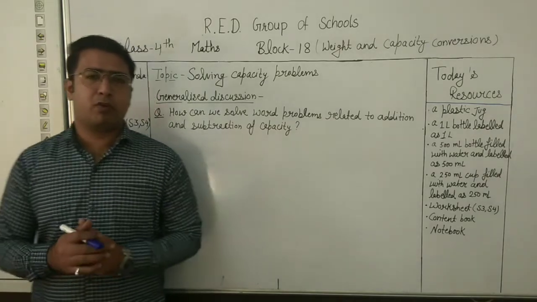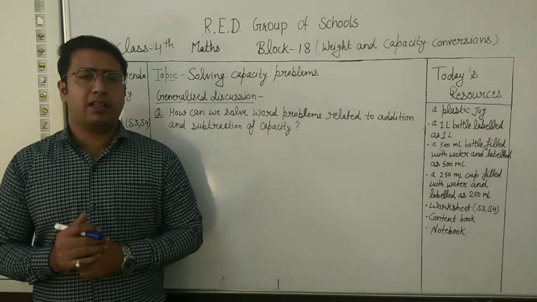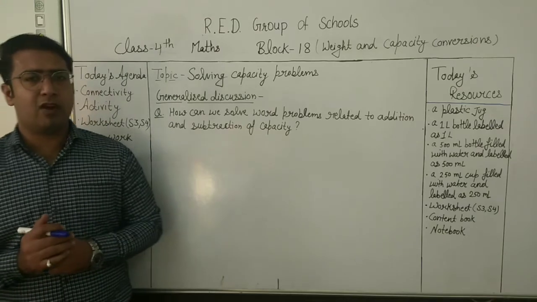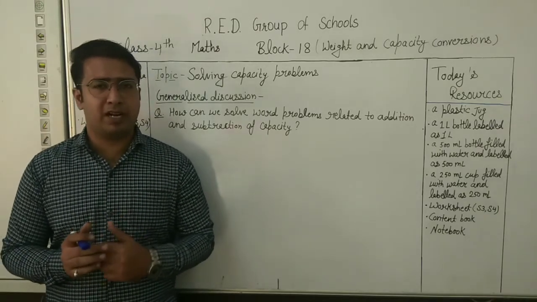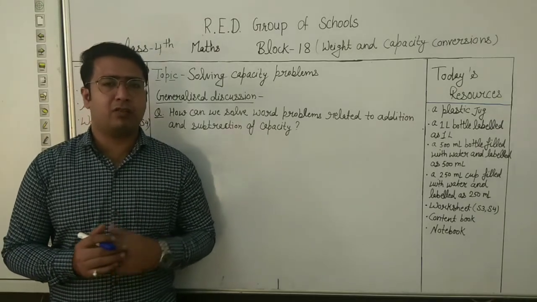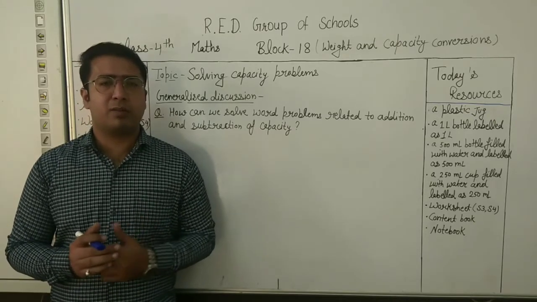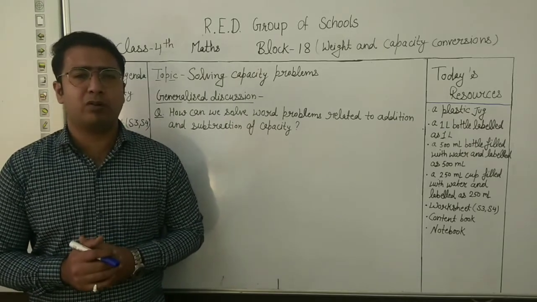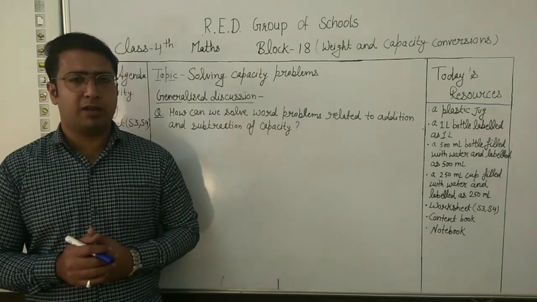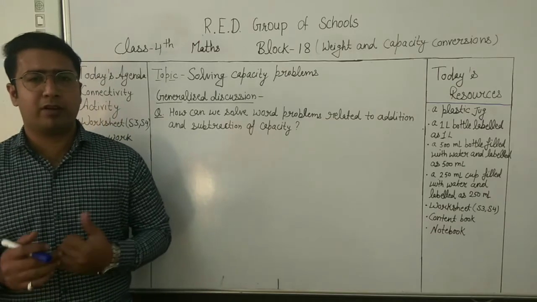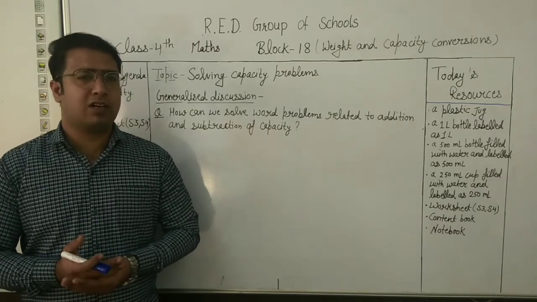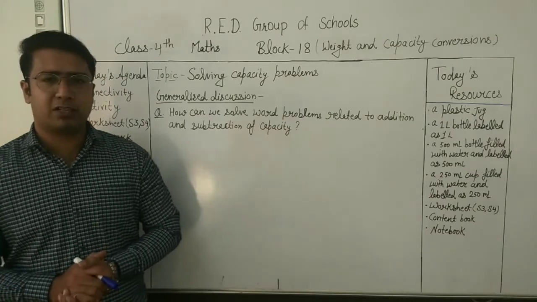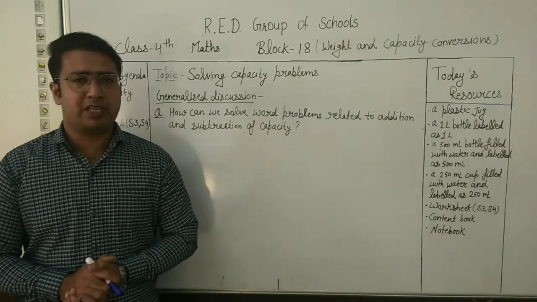First of all, we read the statement and then we check what is given in liter and milliliter. Then we convert the fractional part of the liter into milliliters, and after that we find the keywords, like take away, total, or remaining, to know whether it is addition or subtraction. After that we perform our operation and then we get our answer. That was the method for solving word problems related to addition and subtraction of capacity. Now I hope it is clear to all.